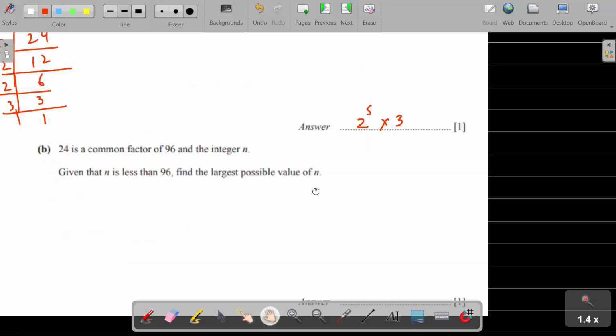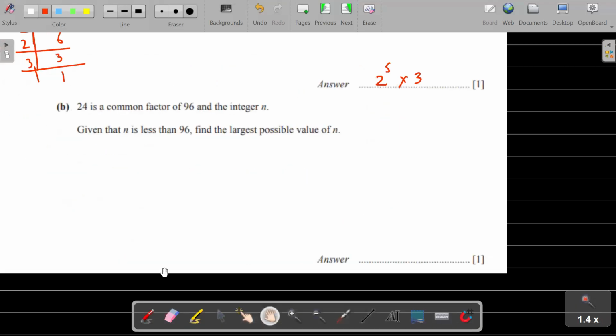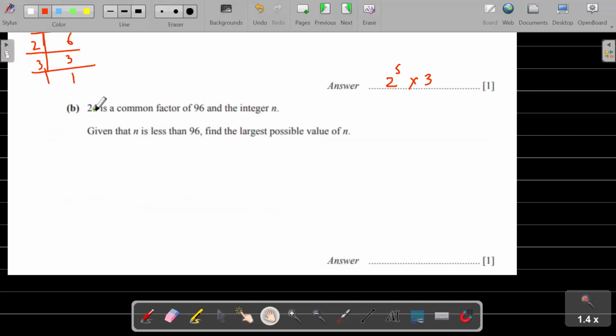Okay, next question. That is very important. You need to understand this question well. This question says that 24 is a common factor of 96 and n. That is a common factor, okay? And n is less than 96. Find the largest possible value of n. As it says common factor,